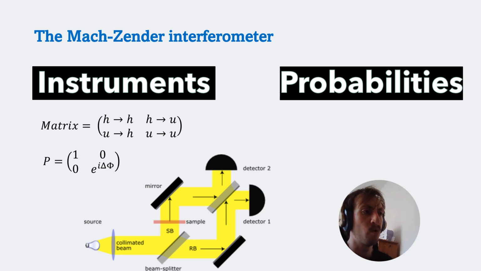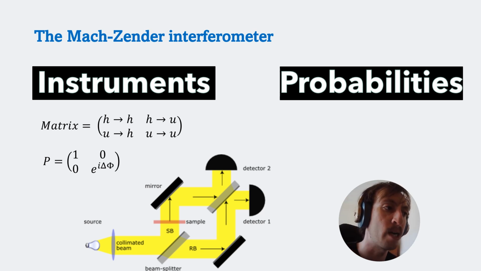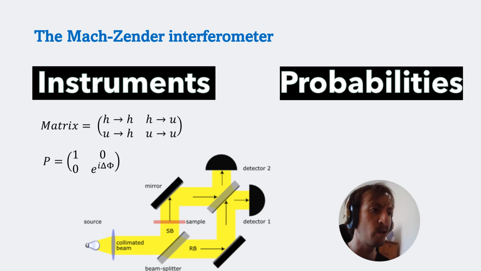And therefore, our sample shouldn't change the amplitude of the classical state, referring to the photon encountering the sample. And therefore, the number corresponding to the effect of the sample has to have a magnitude of 1. However, as we said, the photon does change its phase, so we want a function whose magnitude will always be 1, but is still a function of the phase shift, or delta phi in Greek letters.